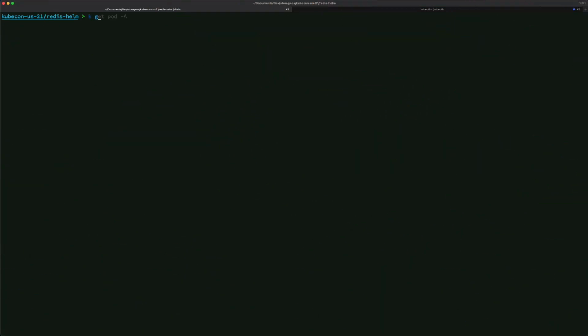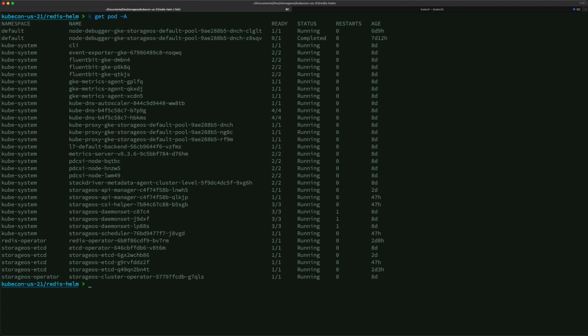Let's connect to our Kubernetes cluster and check out what has been installed there. We can notice that the Ondat solution has been installed. Actually, it's using the StorageOS engine, so any component that is prefixed by StorageOS is part of the Ondat solution.